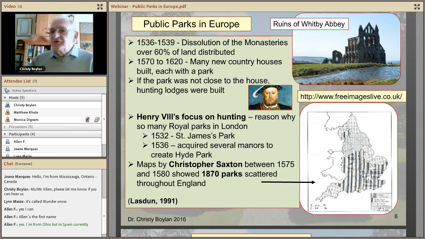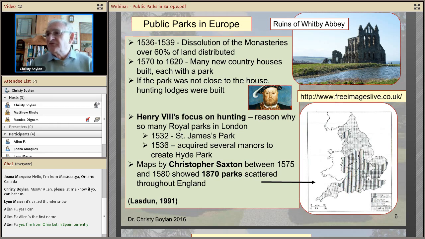Now in 1536 to 39, the monasteries were dissolved by King Henry VIII, because remember, this is the period of the Reformation, because he couldn't get the Vatican to approve his divorce from Catherine of Aragon. He set about setting up the Protestant religion, and Martin Luther in Germany was another person in that movement as well. So he decided these monasteries were not good, so he dissolved them and distributed 60% of the land among